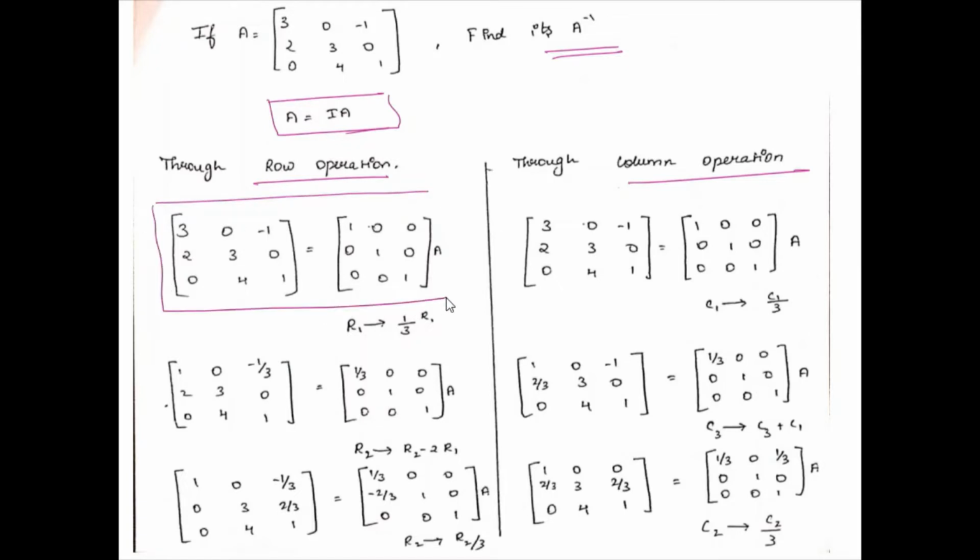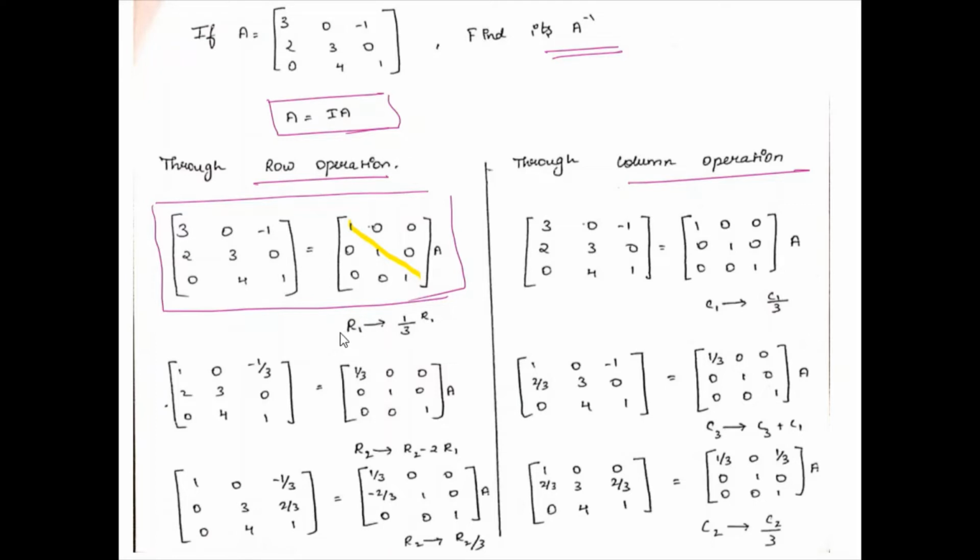I will tell you a short and simple trick. First, convert all the diagonals into 1 and with the help of the diagonals, convert all other elements into 0. Here, first you should convert A11 into 1 and with the help of A11, convert A21 and A31 into 0 and A22 into 1. With the help of A22, convert A12 and A32 into 0 and convert A33 into 1 and with the help of A33, convert A13 and A23 into 0.